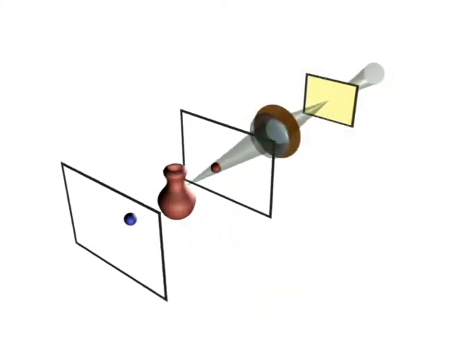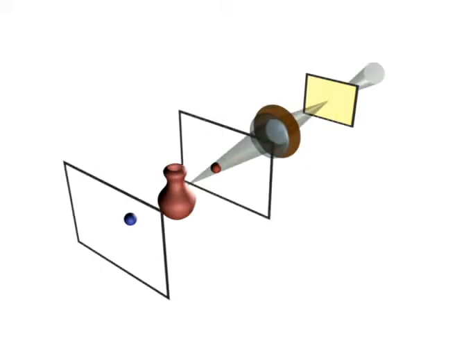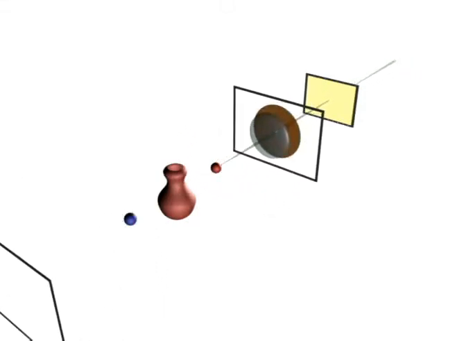But as we close the aperture, we also shrink the cone and thereby the circle of confusion, which gives us a wider range of acceptable focus and therefore more depth of field. Here the vase is still in focus, and if we sample the red dot, the circle of confusion is much smaller than before. With a very small aperture, we're back to a pinhole camera. But since we're now getting less light, we either have to use a more sensitive film or a slower shutter.